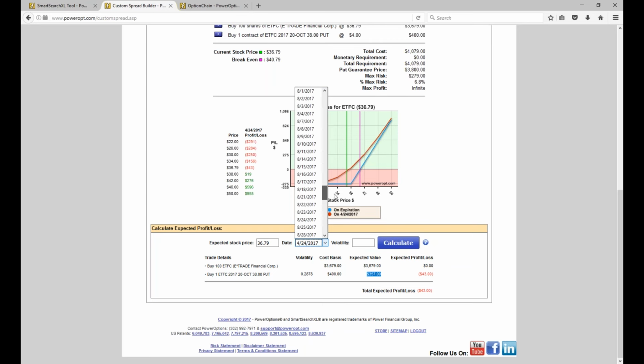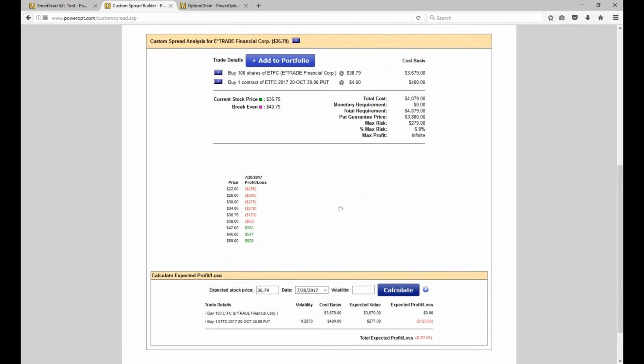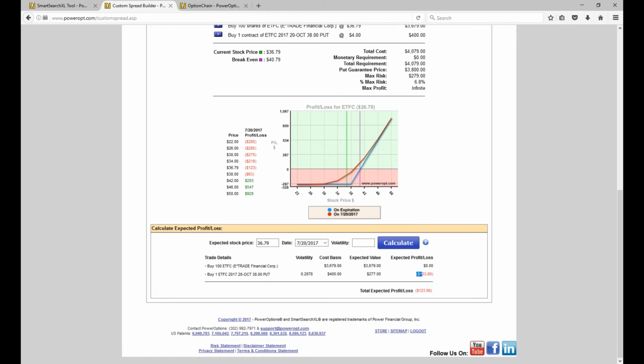Let's go to July 20th, 7/20, and the stock stays at the same price. We'd be down more than 1/4 of the price. So that's the time value rate. I'm only losing 43 cents maybe in the first 2 months, even if the stock stays at the same price, assuming volatility remains the same. But if I hold it out to July and the stock stays at the same price, I'd give up 1/4.